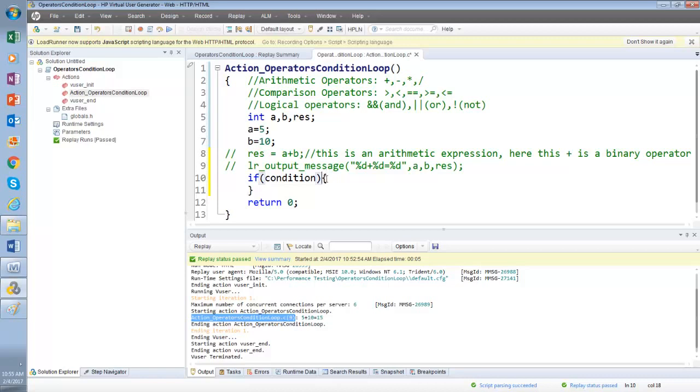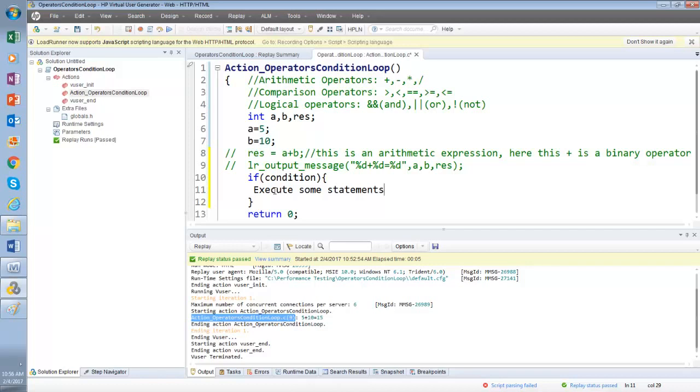So if the condition is true, then it will come here and execute some statements. Executing some statements means there will be a couple of lines of code, there could be one line of code, or there could be nothing.